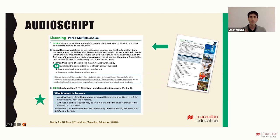And you can see that there's also this useful information box here at the bottom, what to expect on the exam. And so, yeah, this is the idea. We're holding the student's hand a bit at the beginning, raising their awareness of important features of the exam task. However, as I said, over the years, I've really focused on this idea of